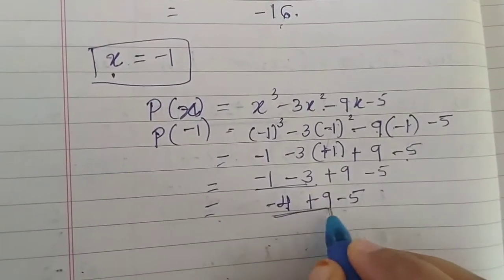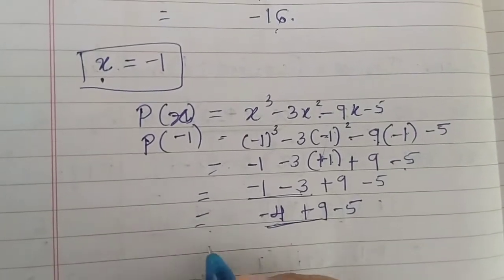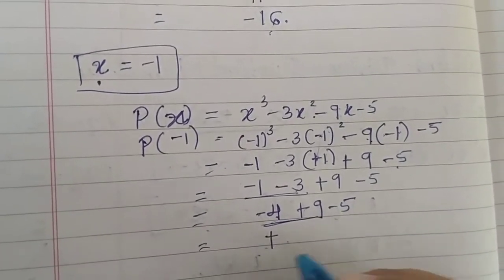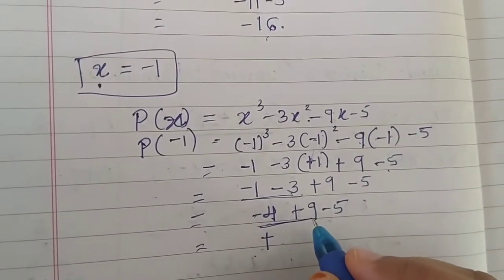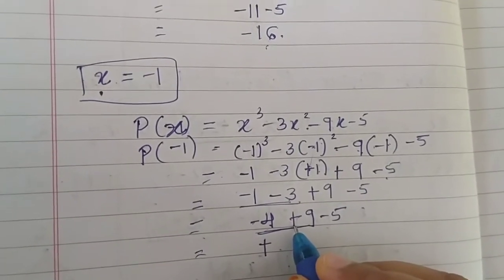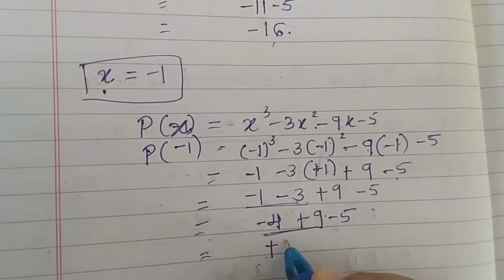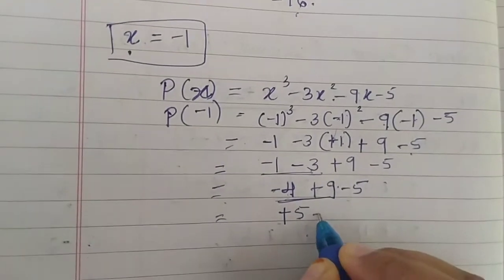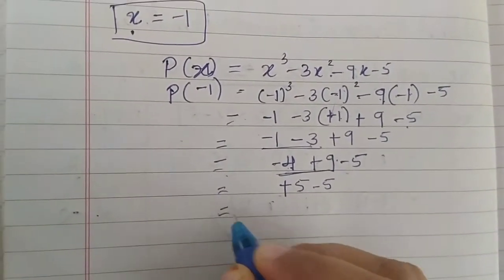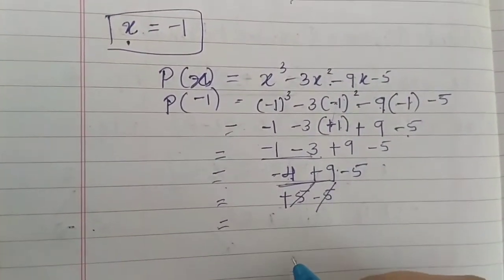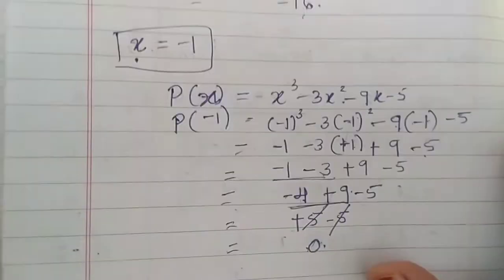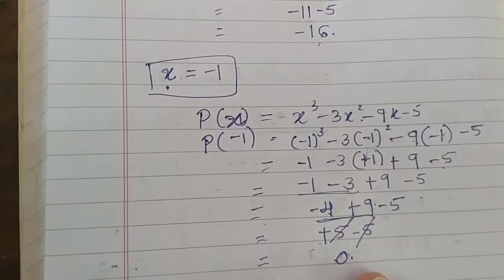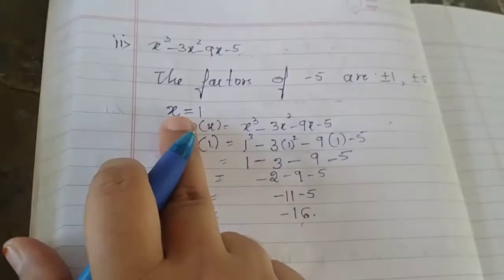So here you can see again, consider these two numbers, whichever is the bigger number, you have to keep that sign, right? So plus, now you have to keep the bigger number's sign and you have to subtract. So 9 minus 4 is nothing but 5, minus 5. So this will be equals to plus 5 minus 5 will get cancelled. What is remaining? 0. So that means you can easily conclude that this is a factor of this cubic polynomial, isn't it?